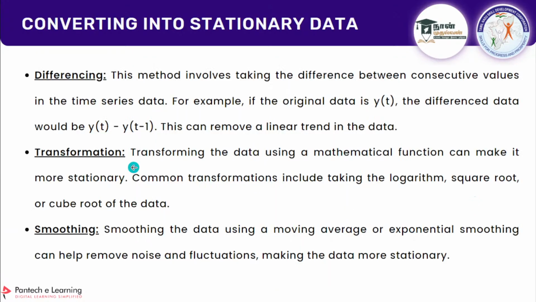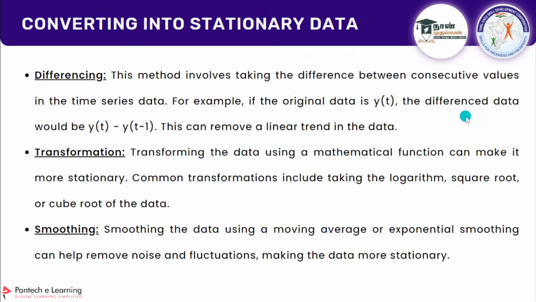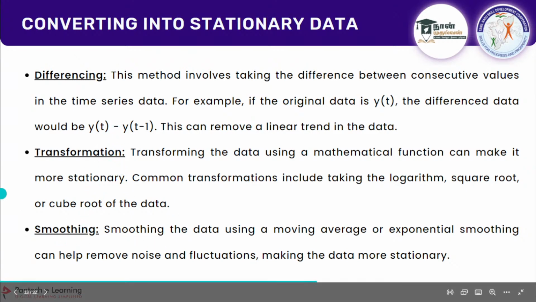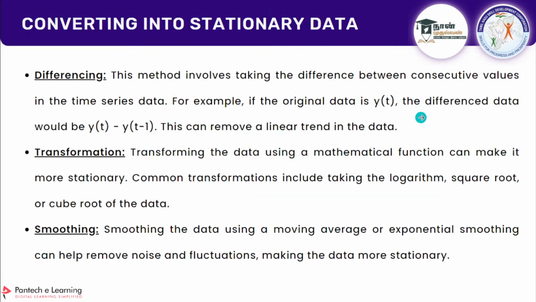So if you have your data, for example, you are going to use the ARIMA model and you check this hypothesis and you found that your data is not stationary. So how are you going to convert it into stationary data? There are some methods: differencing, transformation, smoothing. Every time you do this, you run this ADF test, so with that you can compare this value, and if you got a successful result, then your data is stationary. You can continue with that. That's how this thing works.